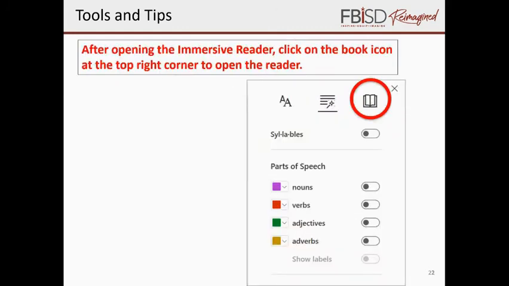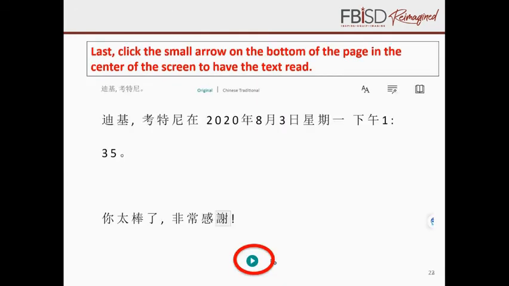When you open the Immersive Reader, you will see the icons at the top. If you select the AA icon, you can choose text size, font, and color themes. When you select the lines icon with the wand, you can choose syllables and parts of speech. When you choose the book icon, you can choose a line to focus on, a picture dictionary, or the language you wish to use to translate the text by word or document. Select the items you wish to use and then click on the X to close the menu. Once your choices have been made, click the green play button at the bottom center of the screen to play the message. These are a few of the tips and tools available in Teams that will assist students in accessing